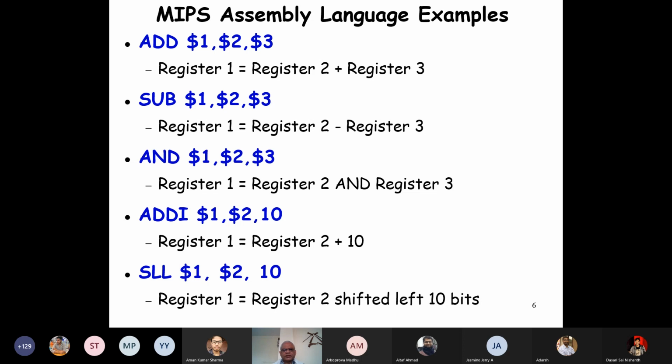Sir, are we getting the immediate operands from the memory, or from where? No. Immediate operands are part of the instruction. That is the meaning of immediate. The immediate operands are there in the program that we are writing. This is the instruction we are writing, and the operand is present in the instruction itself. It is not there in any register or memory.